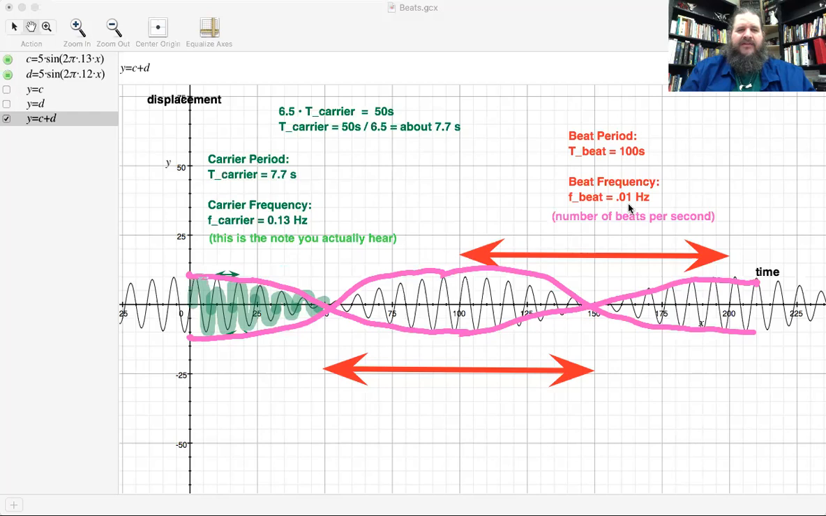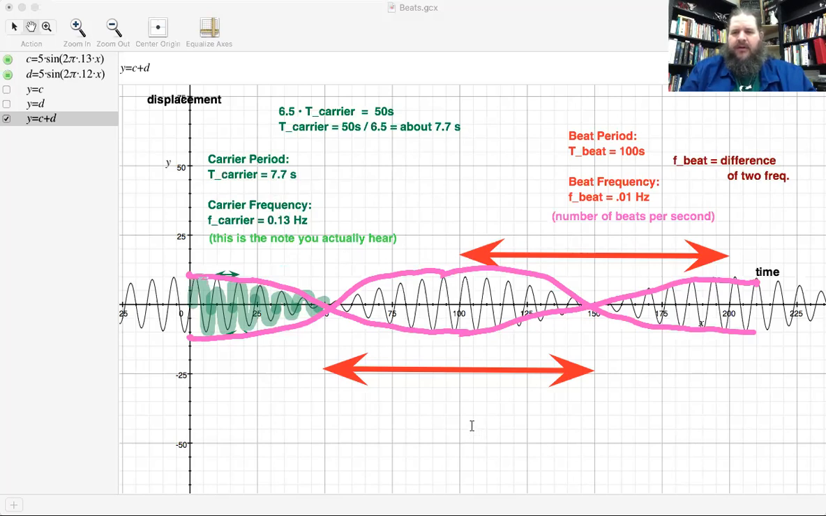Yeah, that's literally just the difference between them, from subtracting these. So the beat frequency, and it turns out this is always the case, the beat frequency is always going to be the difference between the two frequencies. Beat frequency is difference between the two frequencies. And for the carrier frequency,